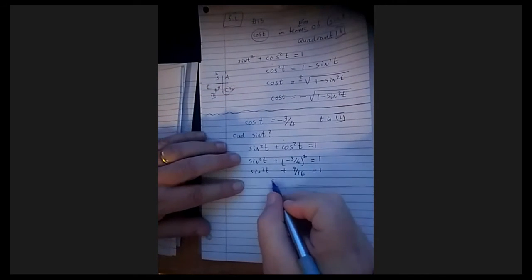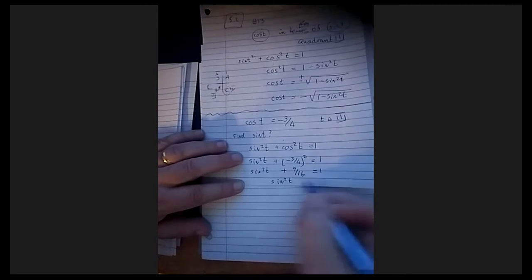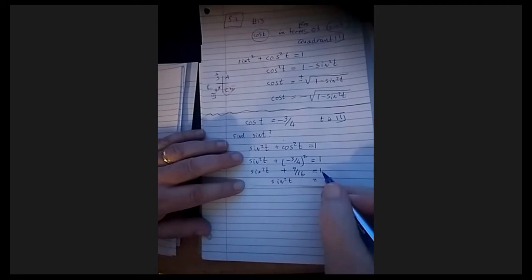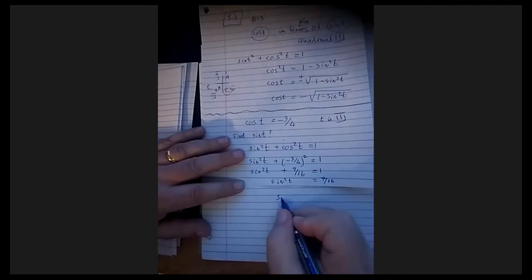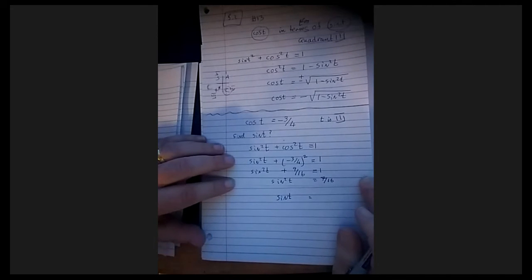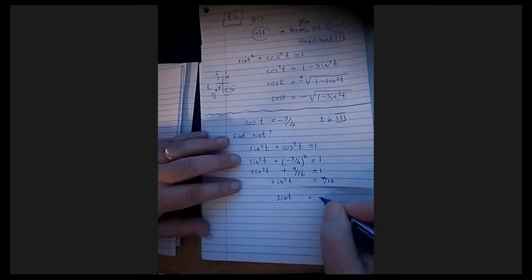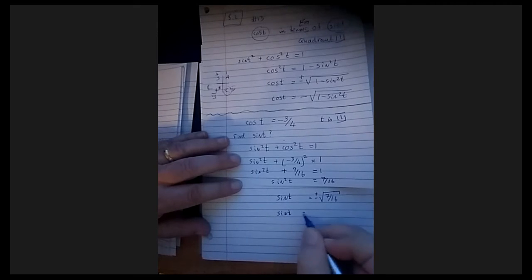Then I just keep going a little bit further. Well, if I subtract 9/16 from both sides, and if you take 1 and subtract 9/16, you're going to, trust me, get 7/16. And now I need to find the sine of t. So what should I do to both sides if I know sine squared is 7/16? What should I do to get sine t? You'd do the square root. Right. But when you take a square root, you get a plus and a minus, don't you? Yeah. Now, in the third quadrant,